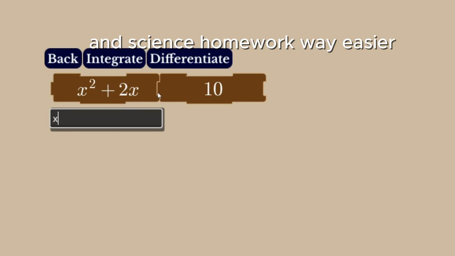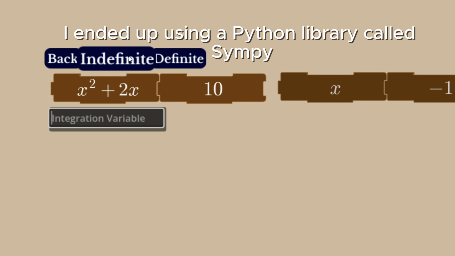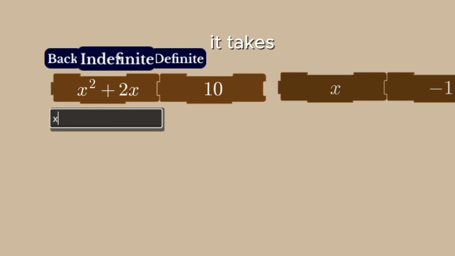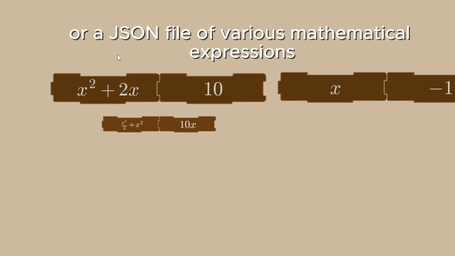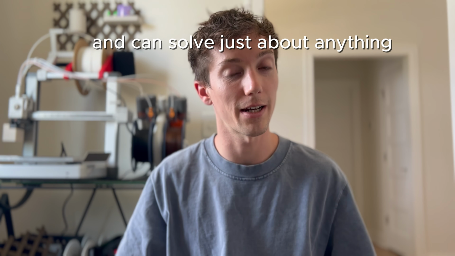So how did I end up making Espressio? One of the first steps when I was making Espressio was conceptually understanding how this was going to work. How was it going to be user-friendly and how was it going to do the math on the backside? In order to do the math, I ended up using a Python library called SymPy. It takes strings or a JSON file of various mathematical expressions and can solve just about anything. It's slightly less powerful than something like Mathematica, but it's Python, so it's free and I can call it inside